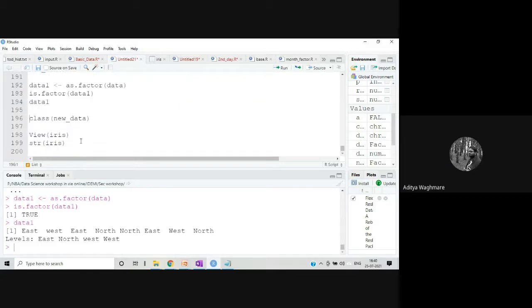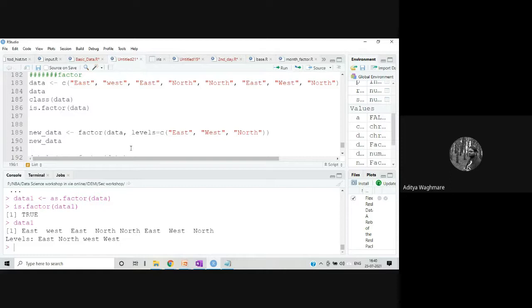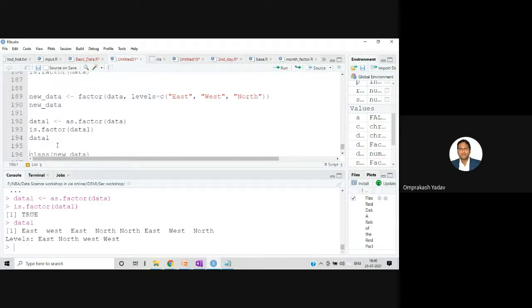So basically, it identifies unique data in the list. Yes, it will identify the different levels, or different classes. It will identify unique characters or numeric values also. It will identify the unique levels or the unique classes.